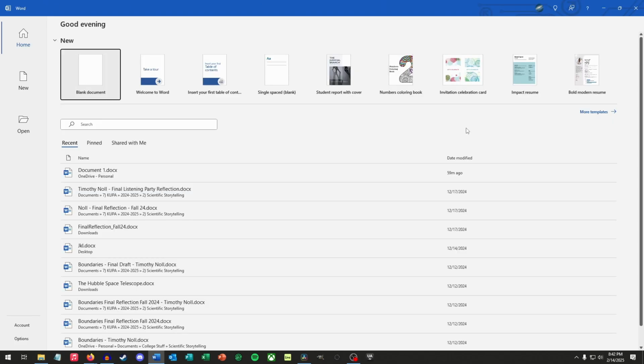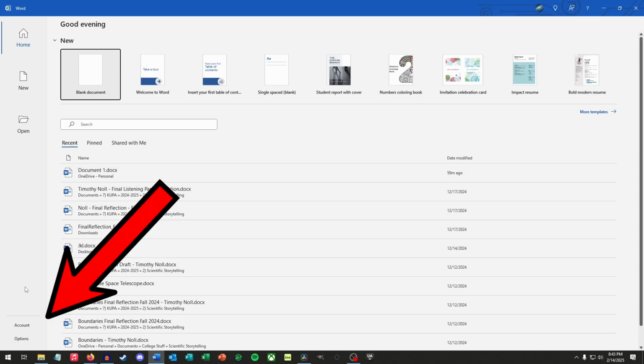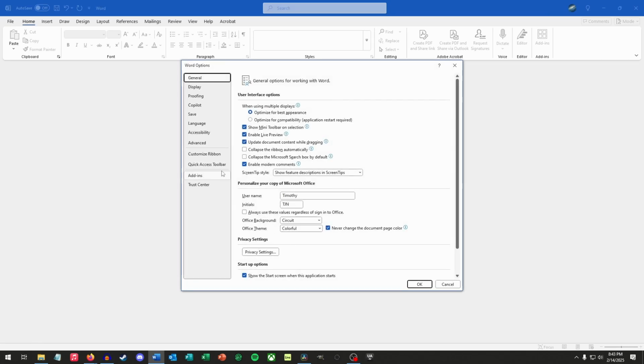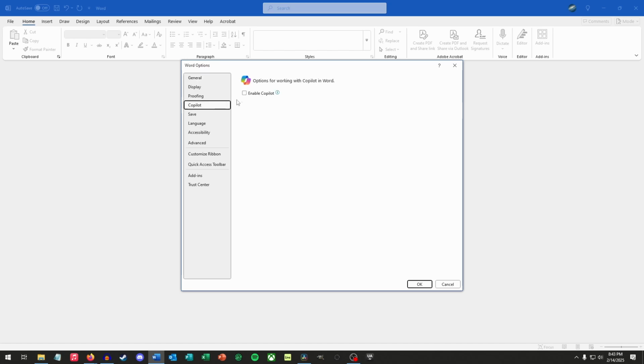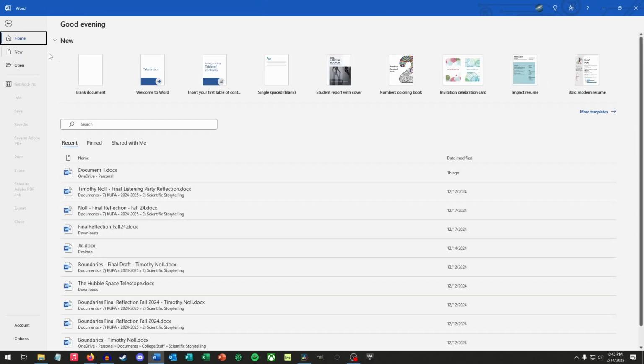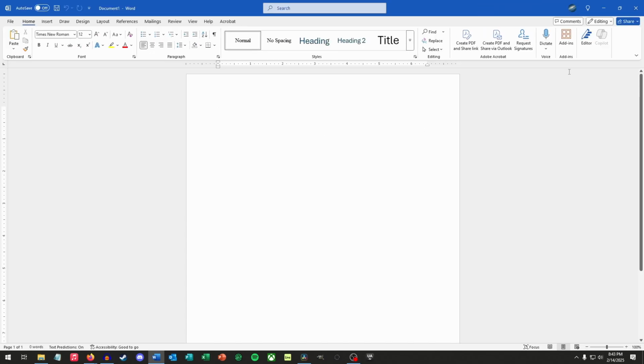Open up Word on your computer. Now all you need to do is go down to the lower left-hand corner and click on Options. This is going to show you a big menu, and you can see there's different tabs here on the left side. One of them says Copilot, and that's our target, so click on that guy. As you can see, there's literally just one lonely checkbox here. It's called Enable Copilot. So we're going to click that sucker and make the checkmark go away. Easy. Now the Copilot button, once we close out of the menu and open another document, is just a sad, grayed out shell of its former self, just the way it should be.